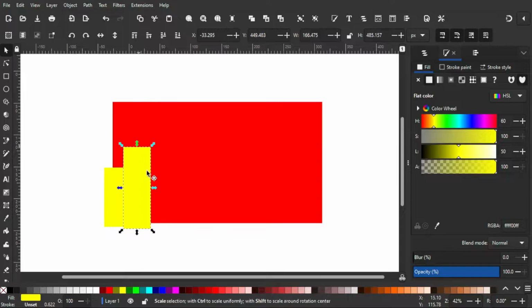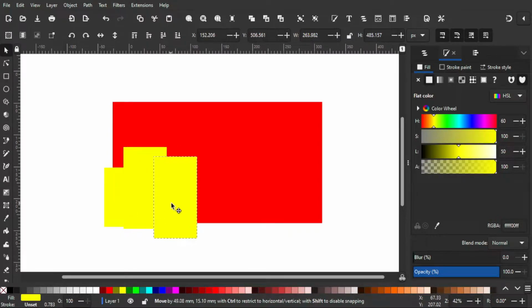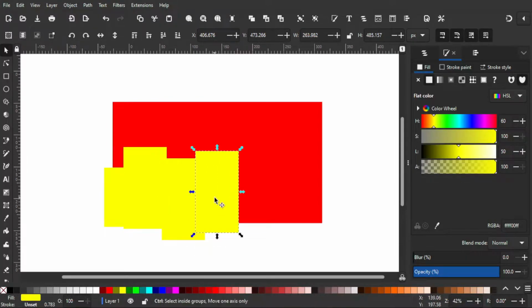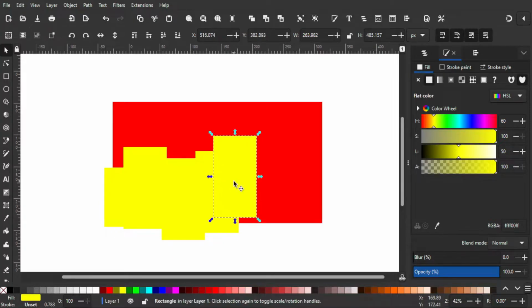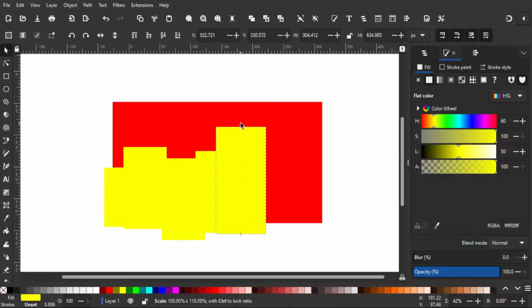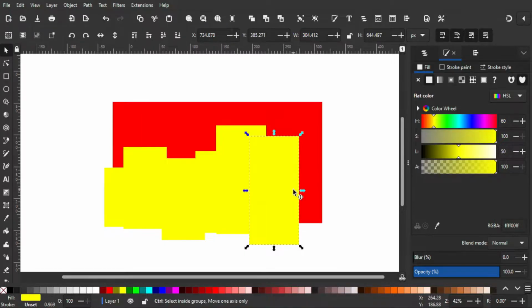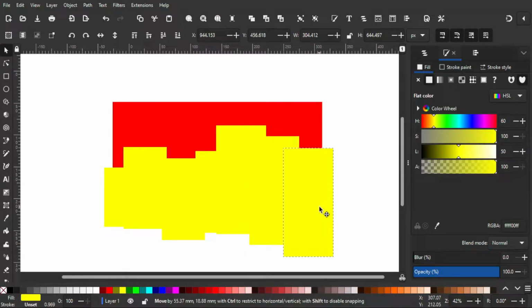Okay, and I'm gonna duplicate it. So for duplicating the rectangle you can hold Control and then press D, and you are pretty much duplicating the rectangle.